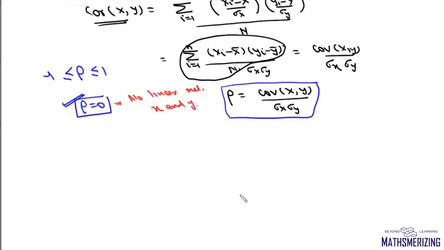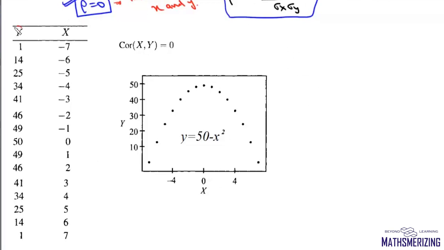Say for example, if we take this data set of response variable and predictor variable, and we find the coefficient of correlation of x and y, this coefficient of correlation is 0. But if we draw the graph of x and y, we see this graph will be a parabola opening downwards, which is y equals 50 minus x square. So in this case, these two variables x and y are definitely related, y equals 50 minus x square, but they are not linearly related. So when the coefficient of correlation is 0, it simply means that they are not linearly related. They may have another functional relationship.